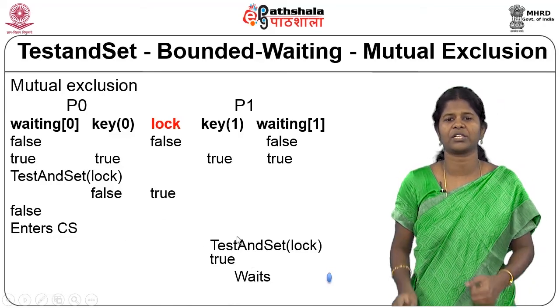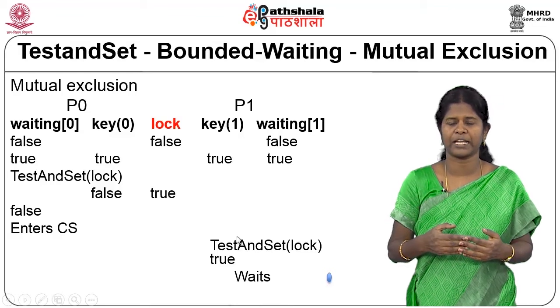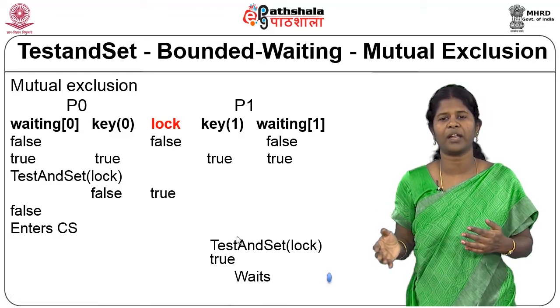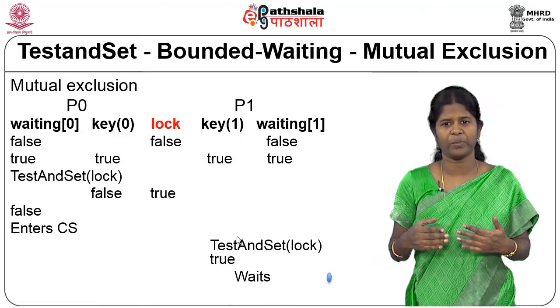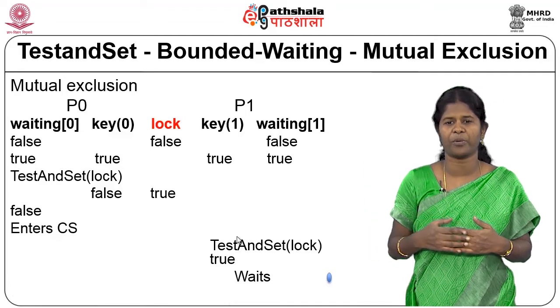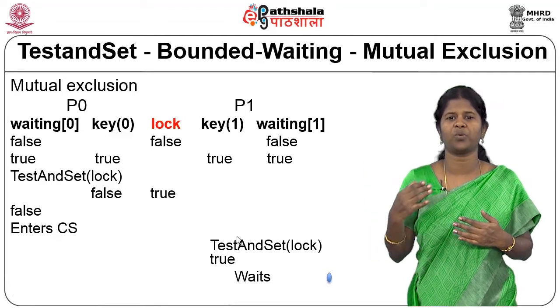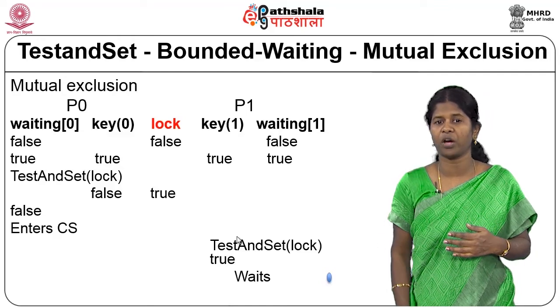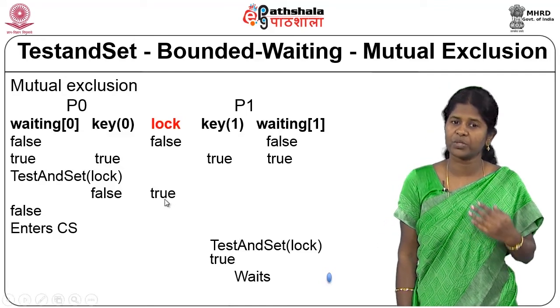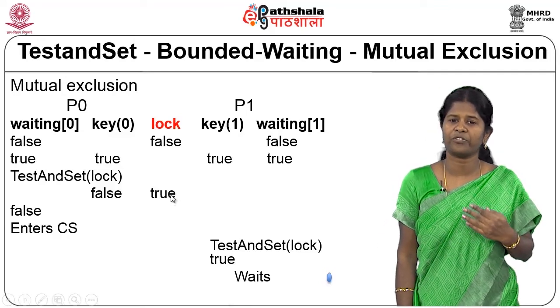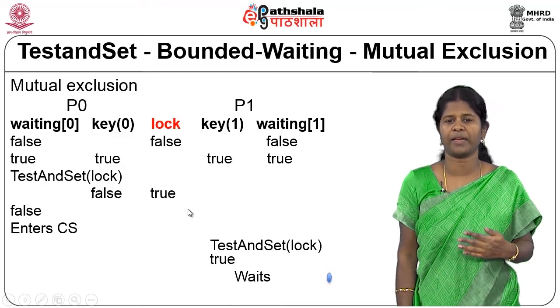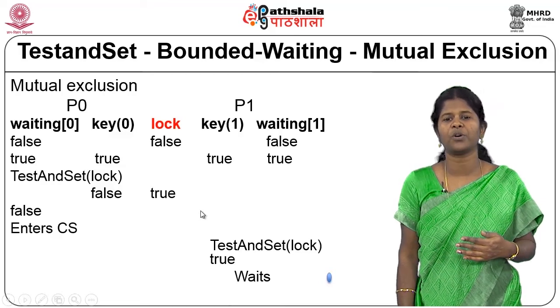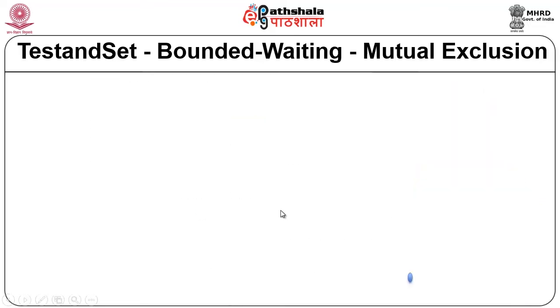So, here we see that when one process is in the critical section, the other process is not allowed to enter the critical section. And in the meantime, even if any other number of processes come, say P2 or P3 or P4, they will find the value of lock to be true. They try to do a test and set and their value of key will remain true, and they continue to be in their respective while loops. So, we have seen that this algorithm satisfies mutual exclusion.